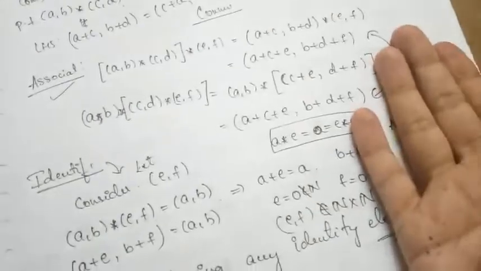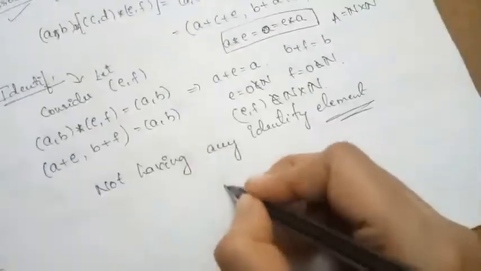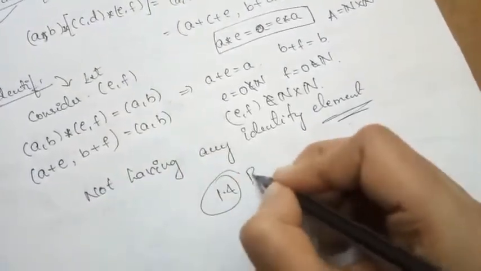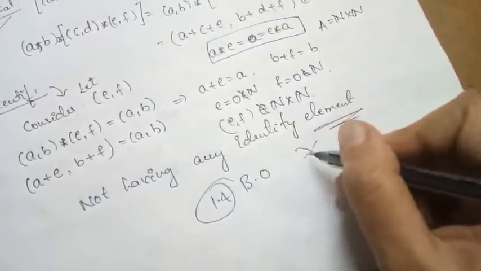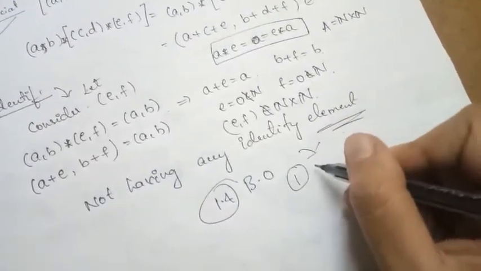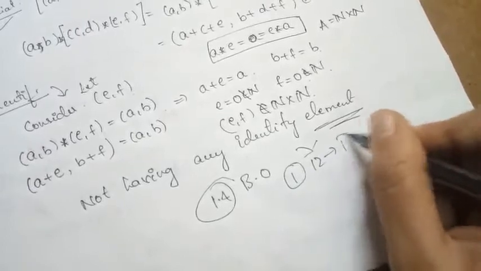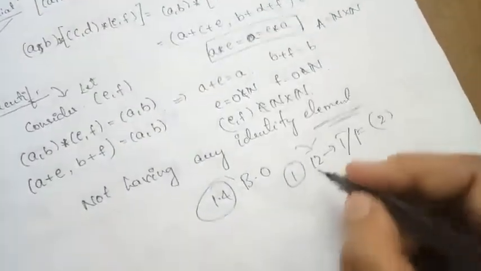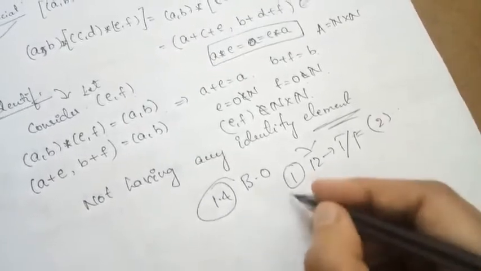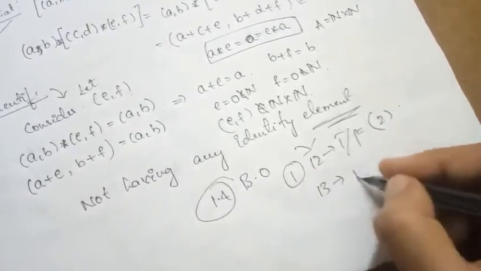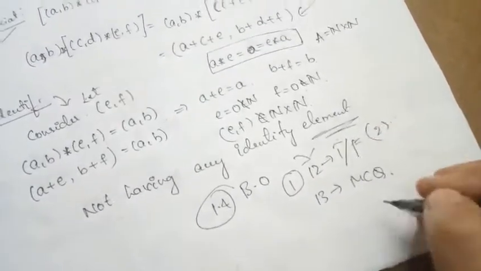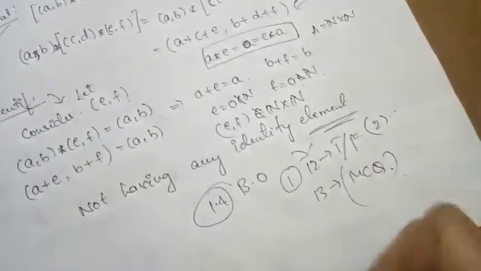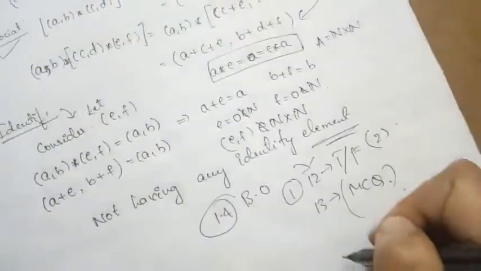So this is regarding Exercise 1.4, which is based upon the binary operation. Still there are two questions. One question, the 12th question, is a true or false question. So try to do it by yourself. It possesses two questions. If you have any doubts, you can ask me at any time. The next question is a multiple choice question. You can try to do it by yourself. If you have any question, you can ask me about that 13th question also.